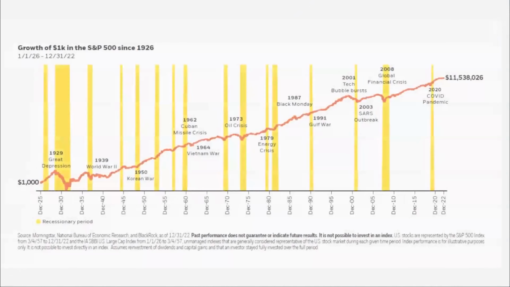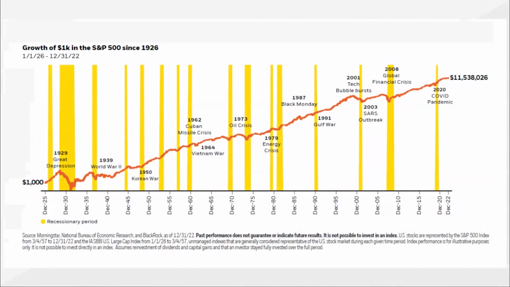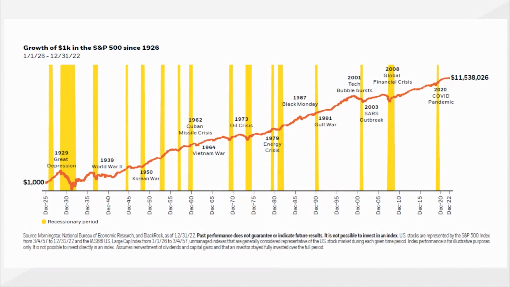And this graph really just highlights the point that we were trying to make, that market volatility is normal. Historically, this graph shows from 1925 up until 2022. You'll see there have been major global events and volatility all throughout this period. But historically, the trend, of course, shows that it has gone up each year, or not each year, but up in general. And it's important also to keep in mind that historical performance is no guarantee of future performance.